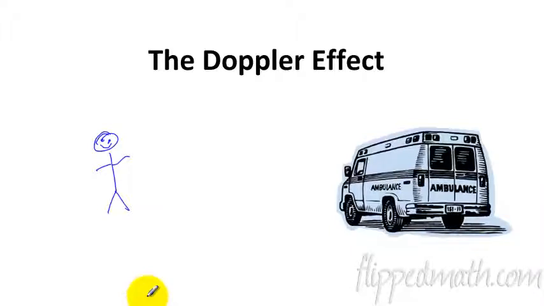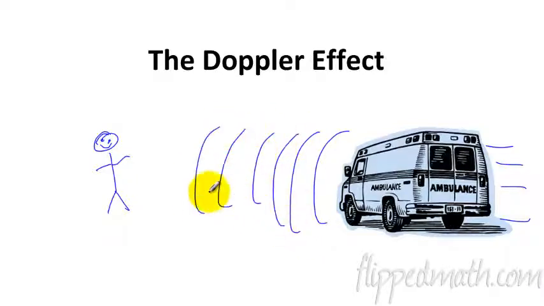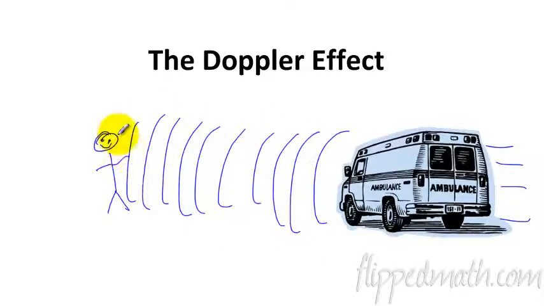Listen, Doppler effect. Some of you have had some physics classes. You already know this, but I've got a funny little clip to show. So when an ambulance is coming at you and it's racing towards you really fast, you hear the sound waves traveling from the siren, and it gets over here and it hits your ear. Let's draw an ear. That's like Mr. Kelly's big ears. So you get to the eardrum, and these waves are traveling really fast, so it's a high-pitched sound. So you've got the ambulance, but